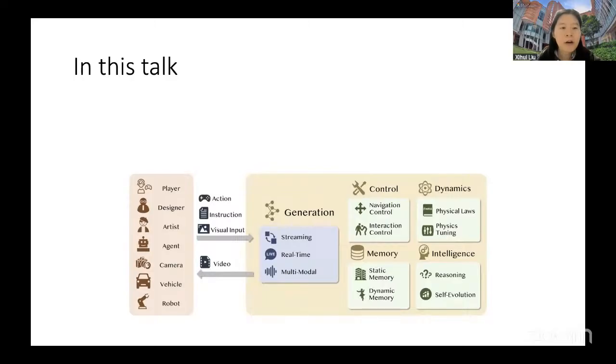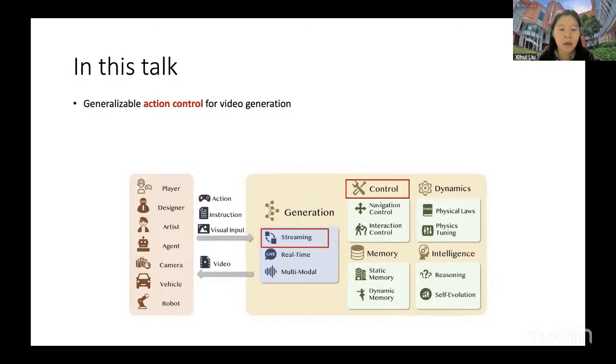So in this talk, we will focus on this blueprint, and we will introduce a series of our recent works trying to address some part of this blueprint. Firstly, we will introduce our work on generalizable action control for video generation.